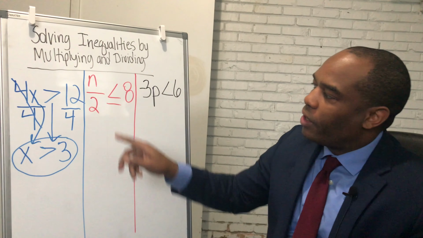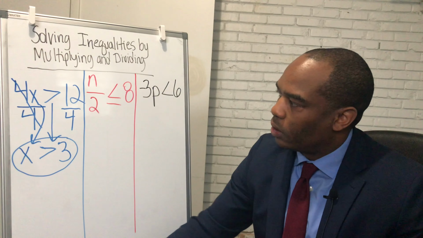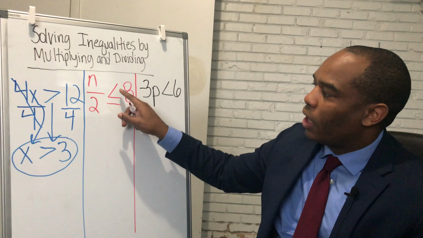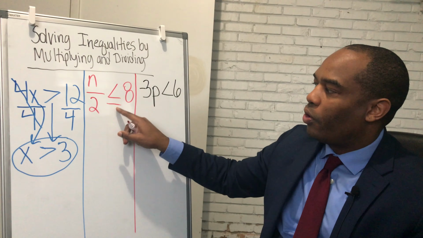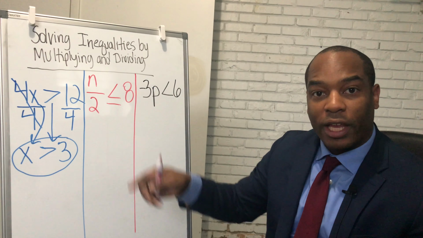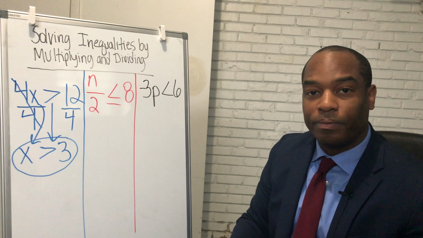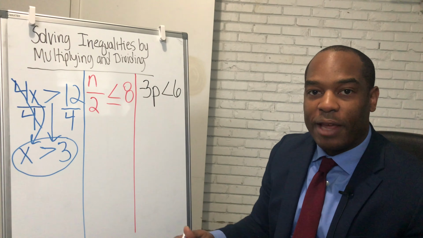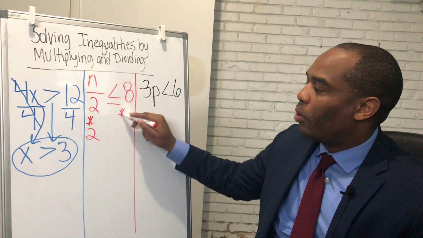Let's take a look at another inequality. N divided by 2 is less than or equal to 8. Since this says n divided by 2, it kind of also looks like a fraction, but don't get worried. I do the same thing, the inverse. So instead of doing divided by 2, I'm going to multiply by 2 on this side, multiply by 2 on